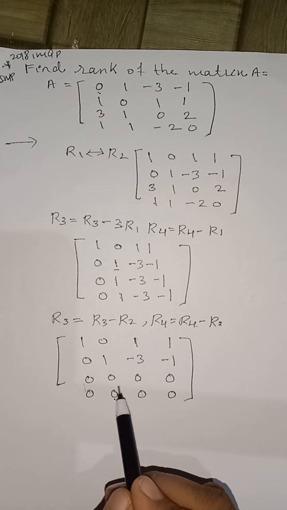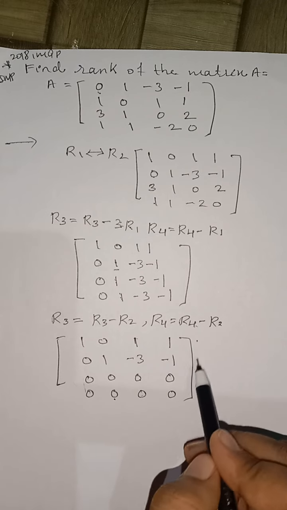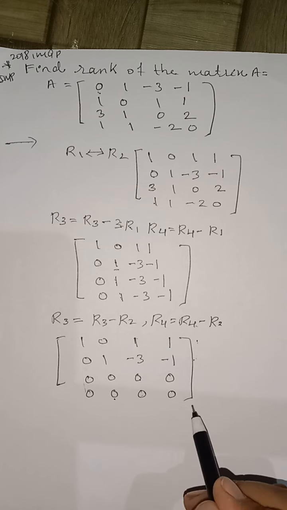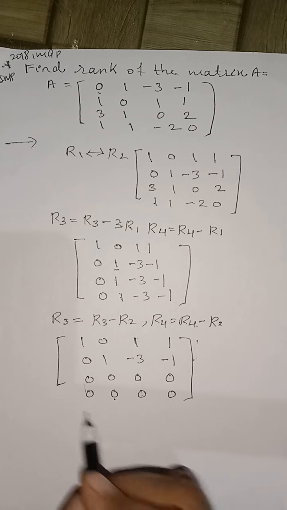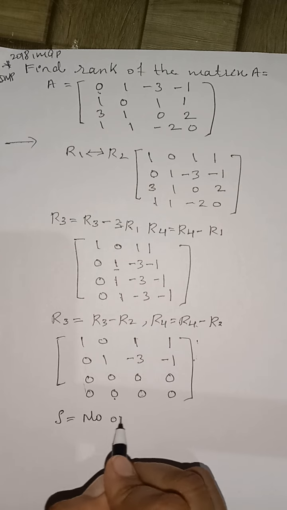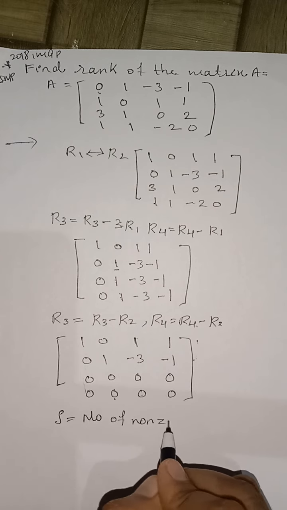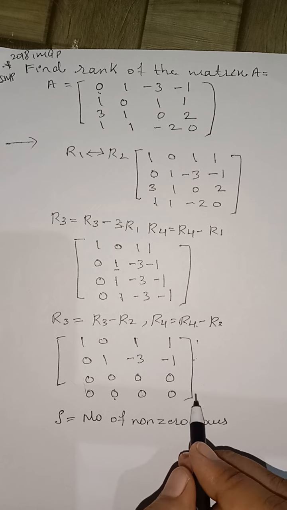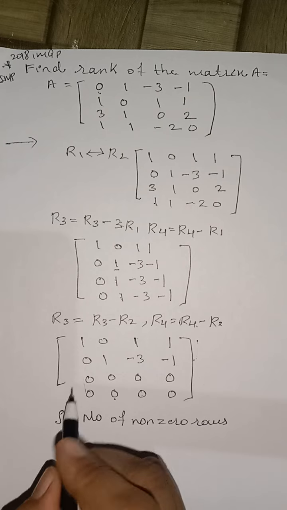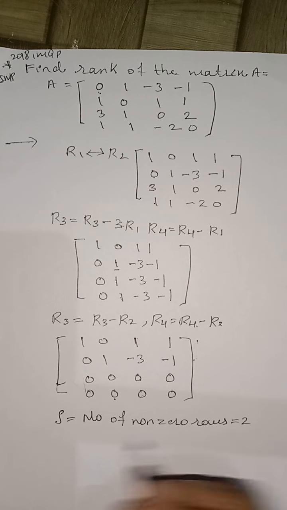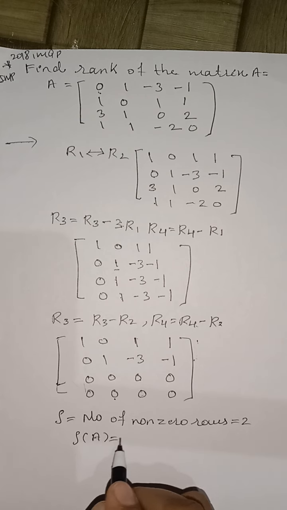So how many non-zero rows are remaining? These two are non-zero rows and the ones below are zero rows. So the matrix that remains is in echelon form, right? Therefore I say the rank of this matrix is the number of non-zero rows in the final step after the row echelon form reduction. Therefore the number of non-zero rows here is 2. Therefore the rank of the given matrix is equal to